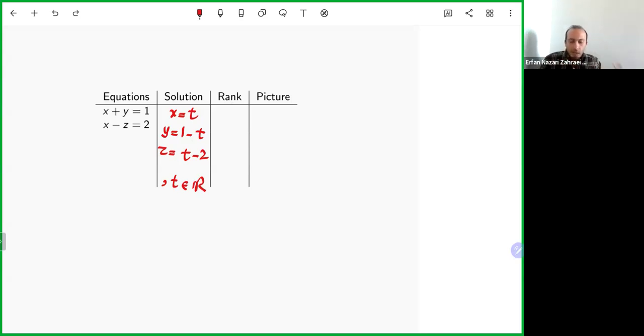Okay, what about rank? Since I skipped the RREF and row operations, I cannot read the rank from that. If I had done that, I could read the rank by the number of leading ones. But that's no problem. That theorem, having a parametric solution, gives me the rank of the matrix. I know how many parameters I have. Look at this: there is only one t. So the number of parameters,